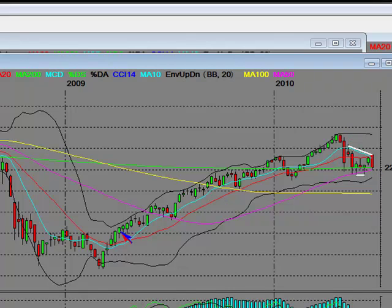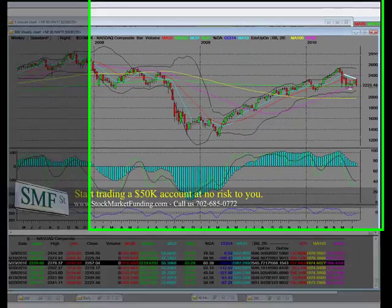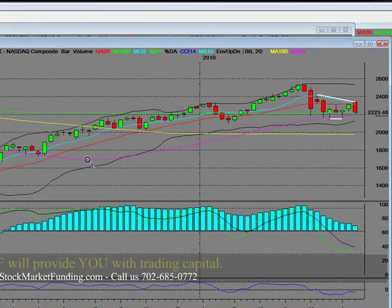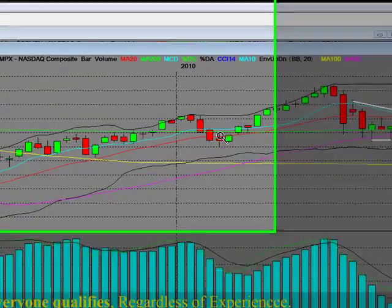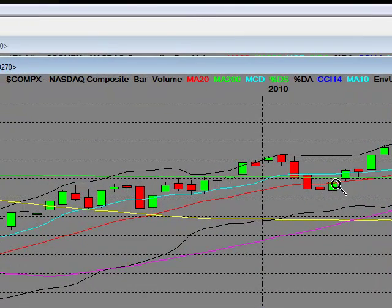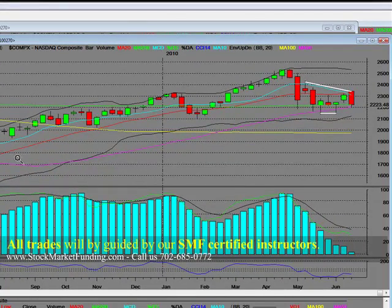Now, the difference in the whole structure of using the weekly moving averages, which will always tell the truth, is where would the most selling start to happen, and why would you have time to sell into the strength? When I go below the 200 week, we kind of got below it over here in the early part of the year, but we popped up and we got back above it right away as a reversal and went through there. What will happen is